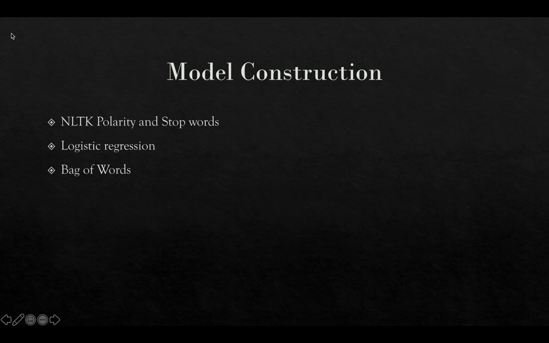So, my model construction. The majority of this deliverable was spent on constructing my models. I used a different approach than expected. I started off by creating a matrix to store my tweets, and I used a method called bag of words. Bag of words is a natural language processing method that converts text into a numerical representation and can be created using the count vectorization function. Count vectorization generates a matrix representing all the words in the document, and in this case, we're using this function to create a matrix to represent these tweets.